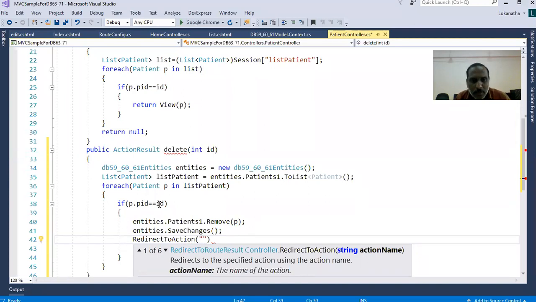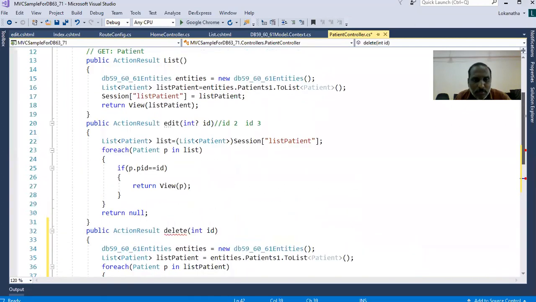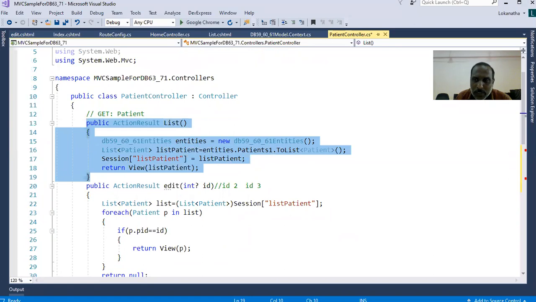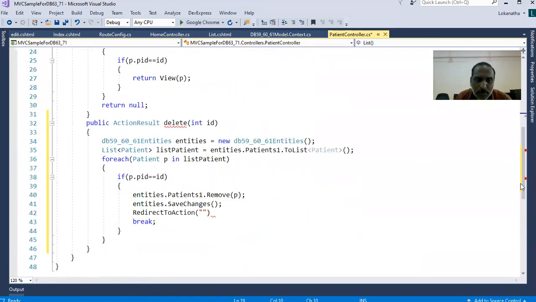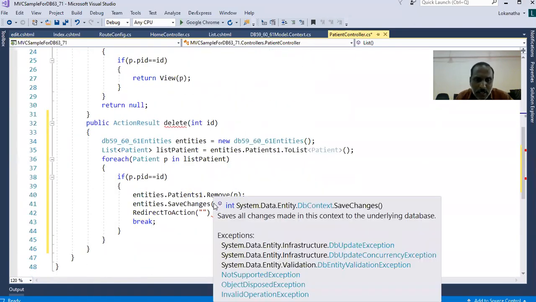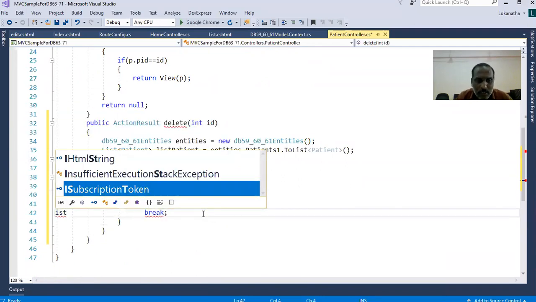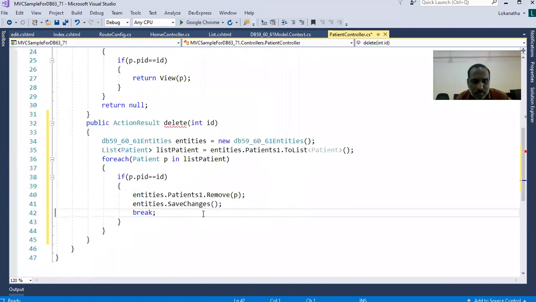Whenever the user performs the delete operation, I want to display the complete list of patient table data so that the user can see those changes. So call the List action method.